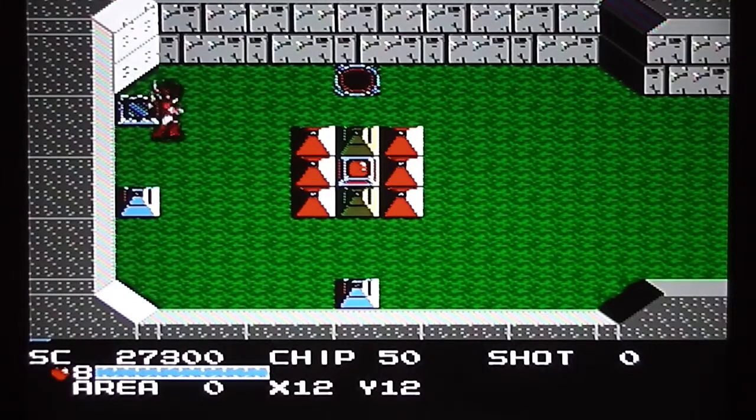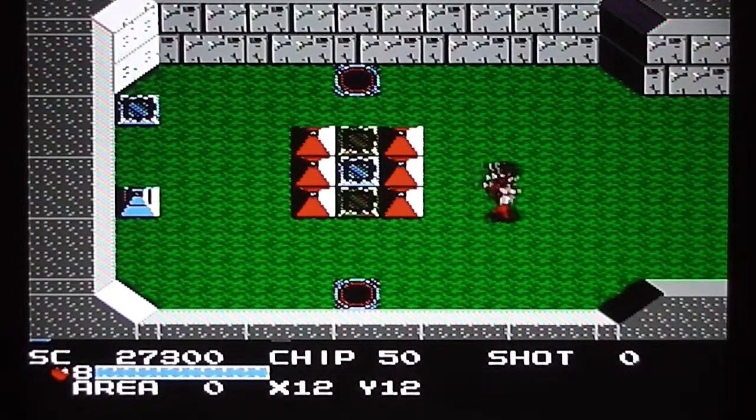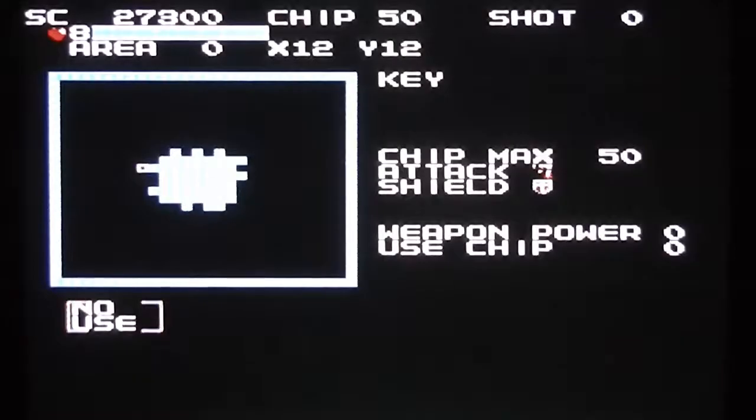Various power-ups to pick up throughout the screens. You can move from various sections to sections. That's a power-up I've just picked up actually. So let's have a look at the sort of status screen, which, as you can see, shows you a map,